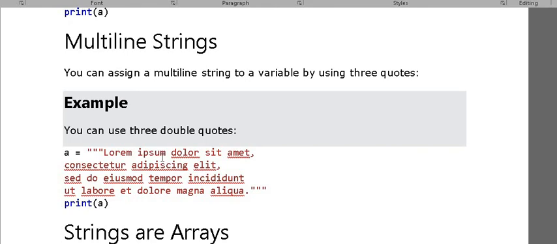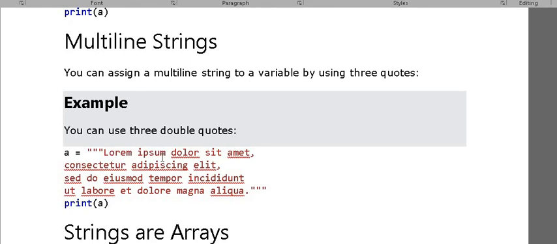Next, multi-line strings. If the string contains more than 30, 40, 50, 60, 100 characters, then how do we declare that string in Python? If we want to assign a string with a large number of characters to a variable, we can declare it by using triple quotes, meaning three double quotes.